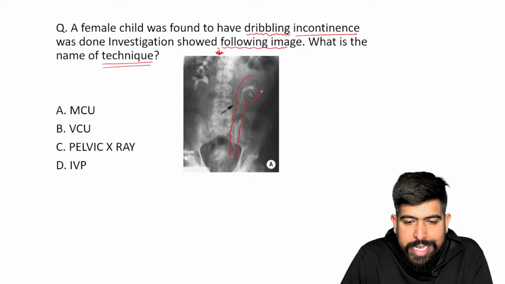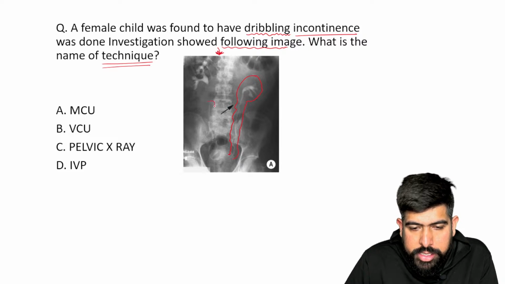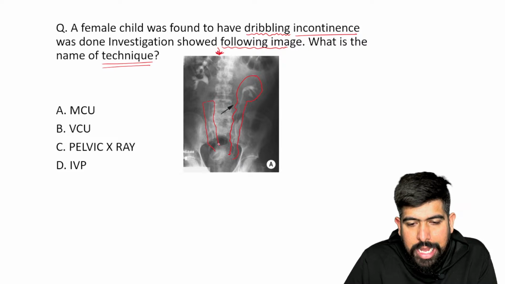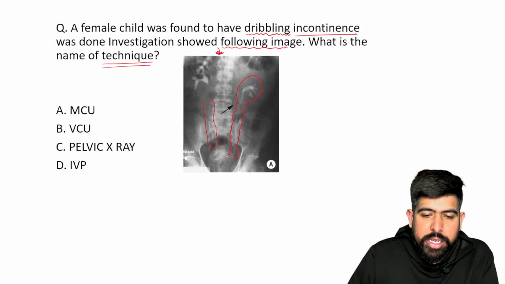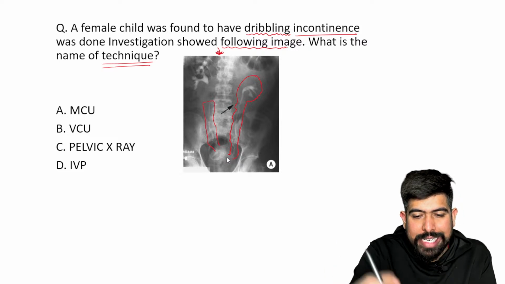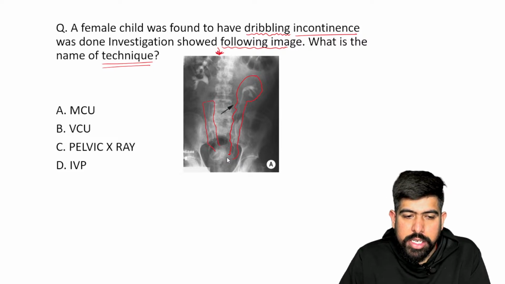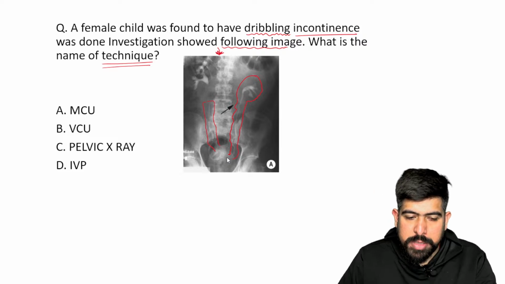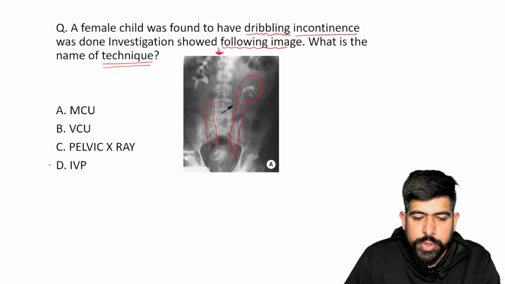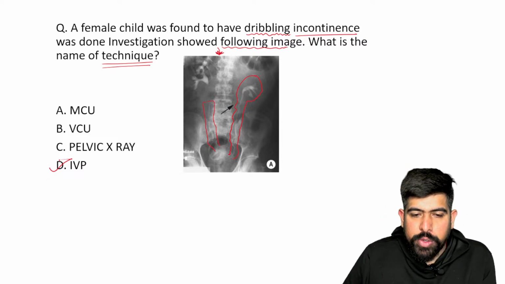So some dye is used on the X-ray, and you can see it over there. This ureter is also visible to you, and this dye will now be deposited in the bladder, and then we can take more X-rays also. So this is from your kidney area. What does that mean? This is not from the MCU. This is not the pelvic X-ray. So what is this? It is clearly seen that this is your intravenous pyelogram.